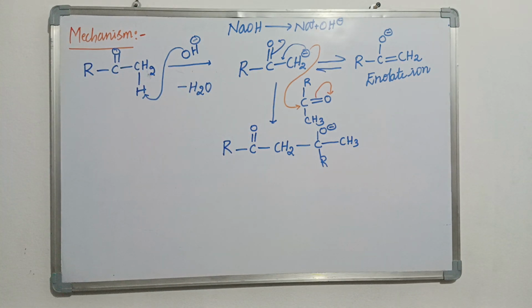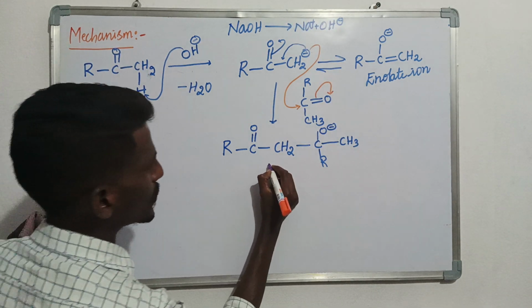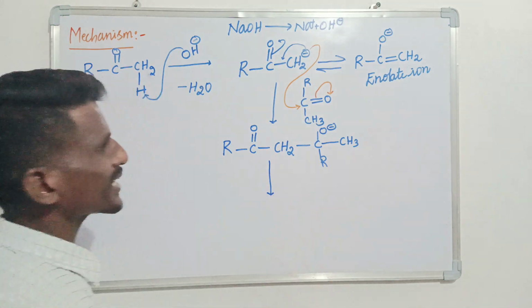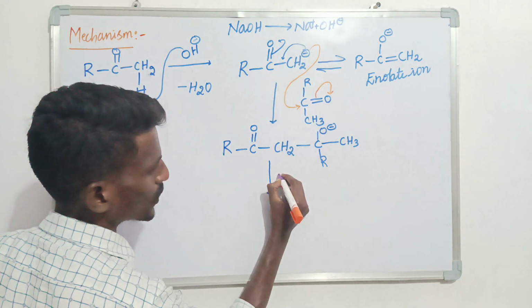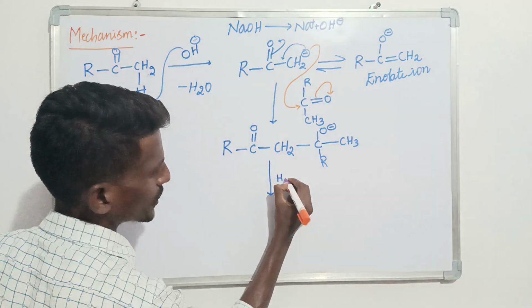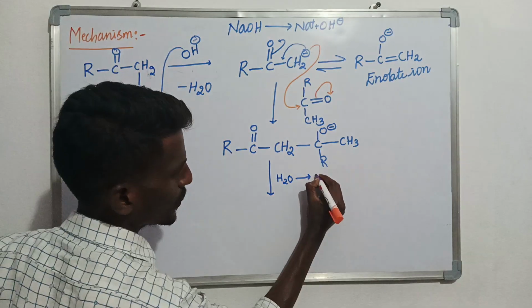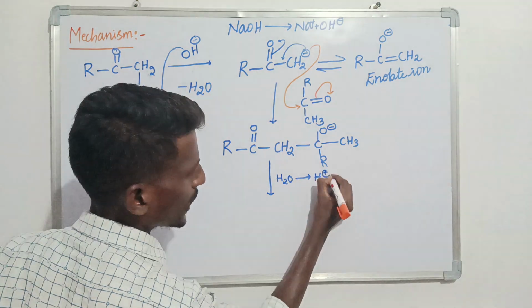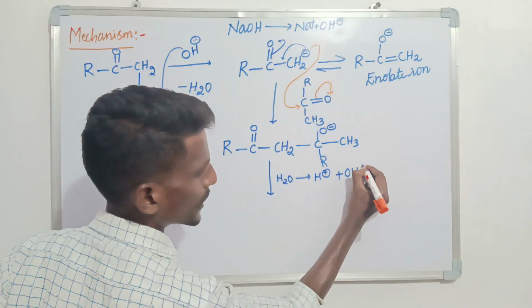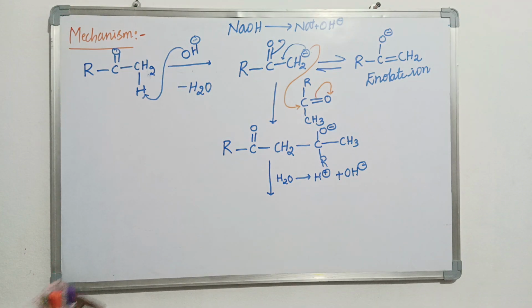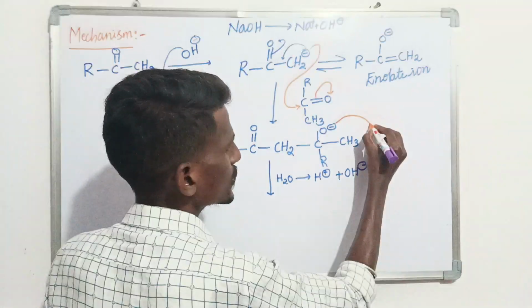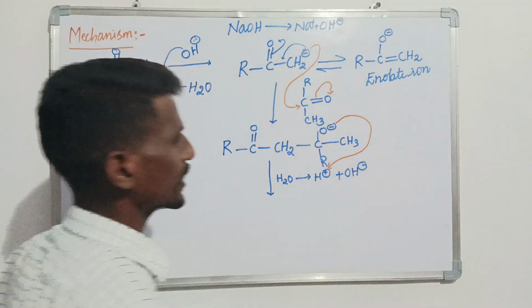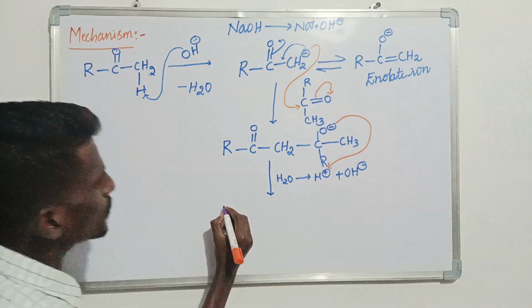R group over here. This is a condensed product. So then this product will capture the hydrogen from the water molecule. Water will be dissociated into H plus ion and OH minus ion. Then this H plus will be captured by this negatively charged oxygen, and it will be converted into